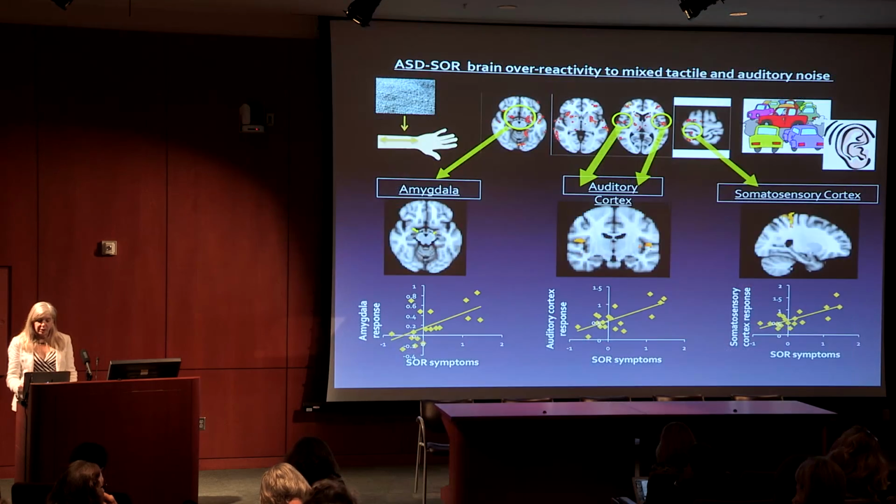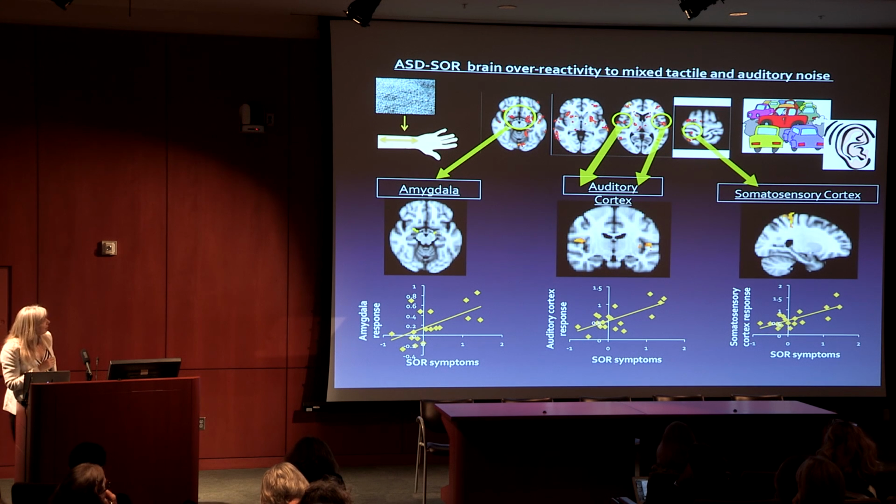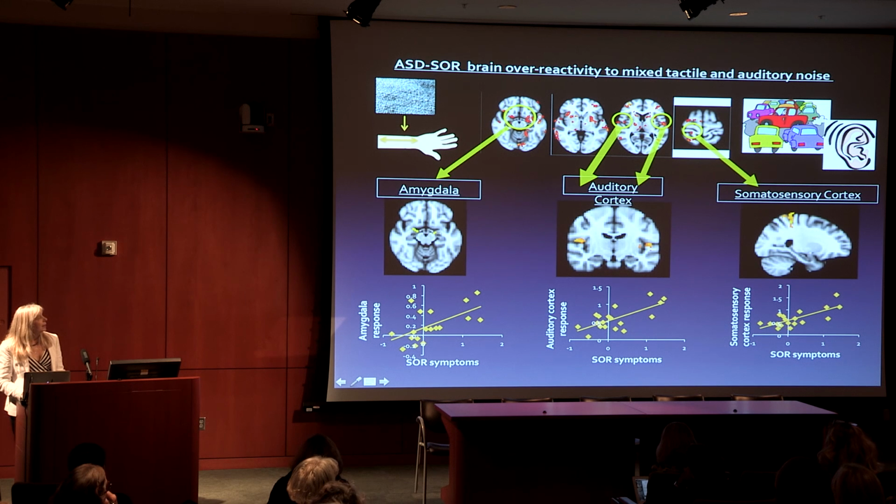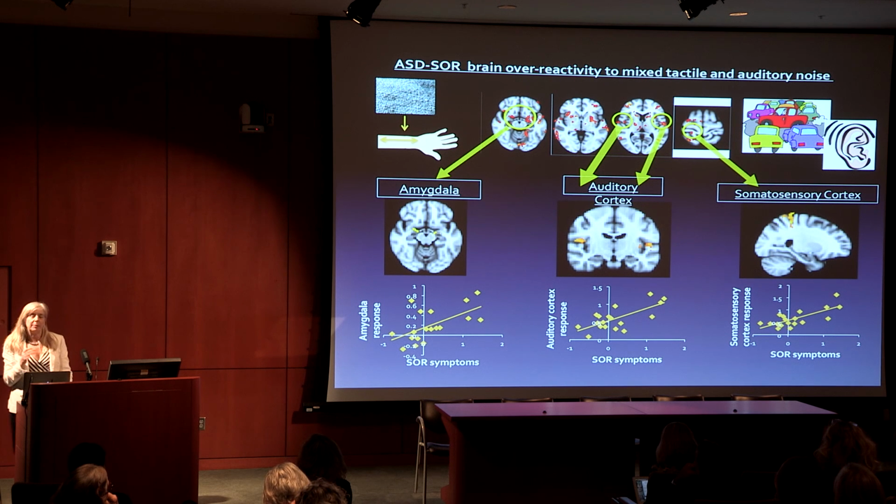So she followed this up with a second experiment, and this one, she added the annoying touch. She actually went to a thrift shop and got one of those old itchy sweaters from the 50s and got a piece of that fabric and then rubbed it on the child's hand during the scan. And then the other stimulus was loud environmental noises like cars and honking horns and things like that. So a more environmentally valid stimulation. But actually what she found was that the biggest effect was when children experienced both at the same time.